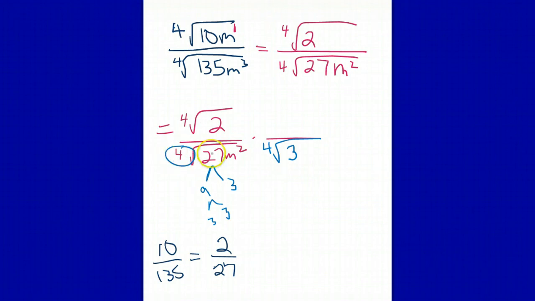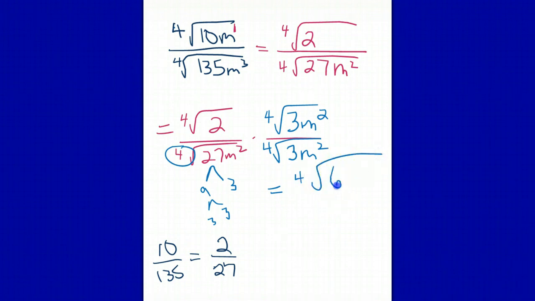Also, remember I need 4 and I have 2 m's, so I need 2 more m's. Okay, because I need 4 to come out. Alright, so whatever you do to the bottom, do the top. Okay, so your final answer here when you multiply straight across is the 4th root of, remember, multiply all your insides, 6m squared all over